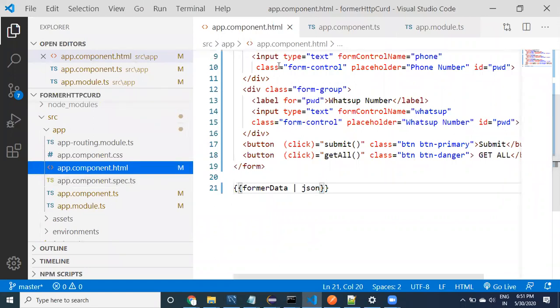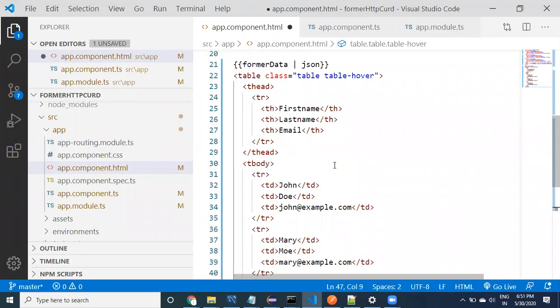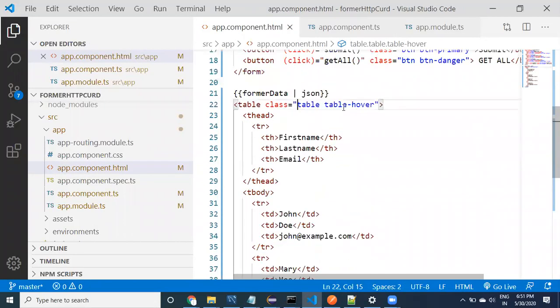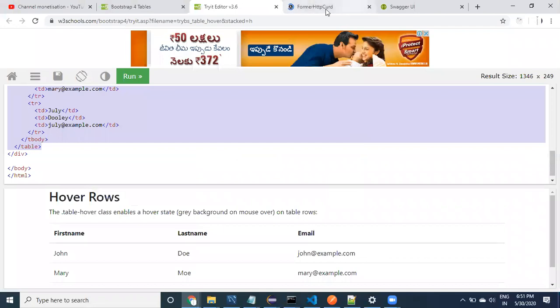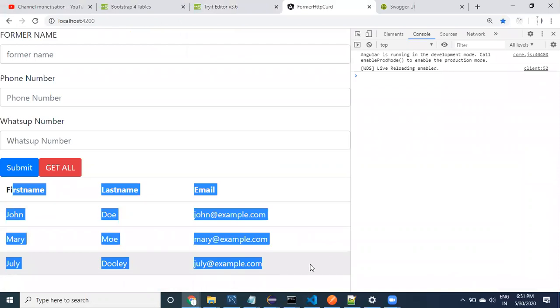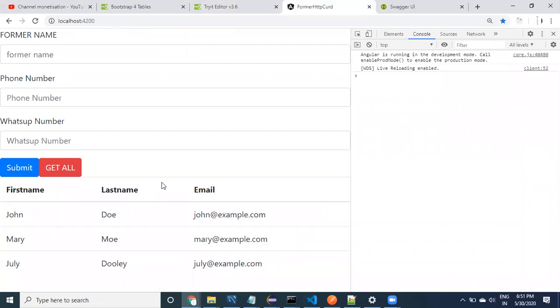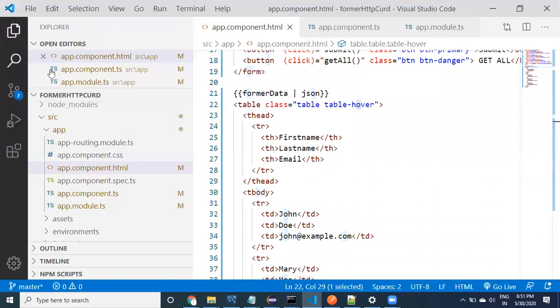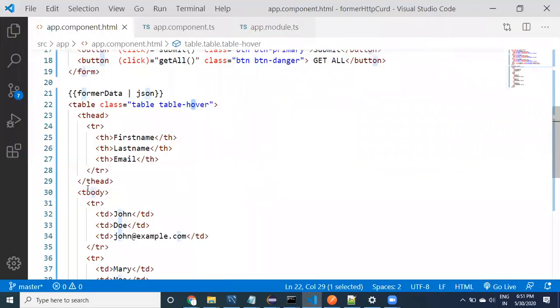Now here I want to provide the table just for testing purposes. I'm printing it as it is. See here, guys, the classes are table and table-hover. I just would like to print a dummy table. I want to test it. Yes, the table is coming here. But now whatever data is available in the farmer data, I would like to use that particular information here. You know how to use it. Of course, this is just for recalling.